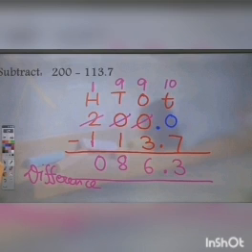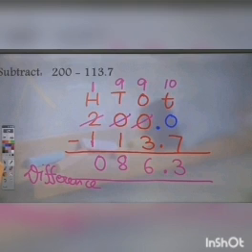Now just like we do in normal subtraction, we can start from the rightmost place and subtract 7 from 0. So how can we do that now? 0 minus 7. So 0 is less than 7. So we need to borrow 1. But once again there is a 0 here. So we need to borrow from the tens place. But there is also 0. So we will move to the 100s place.